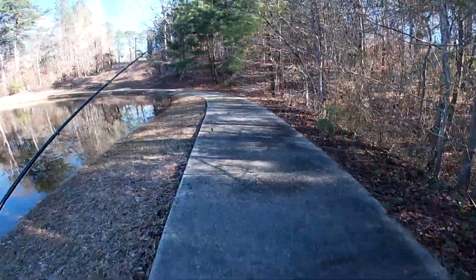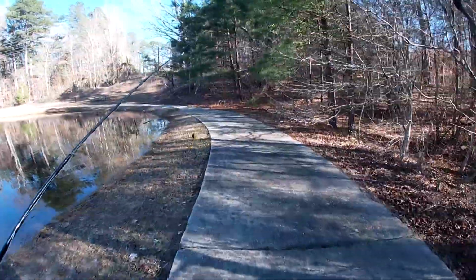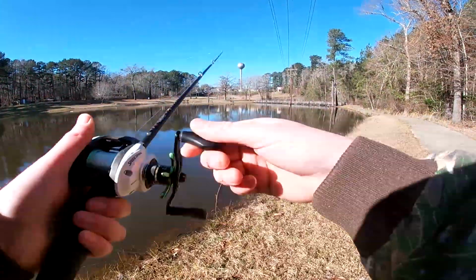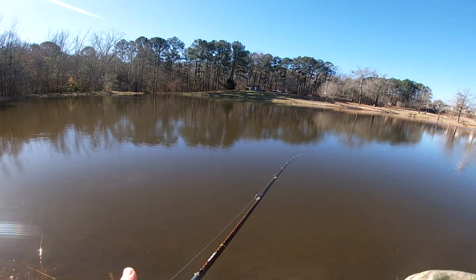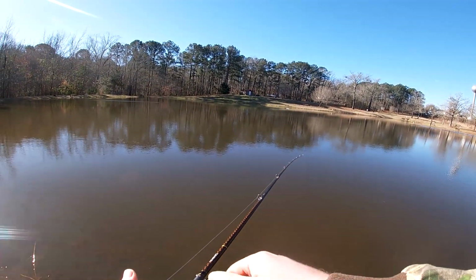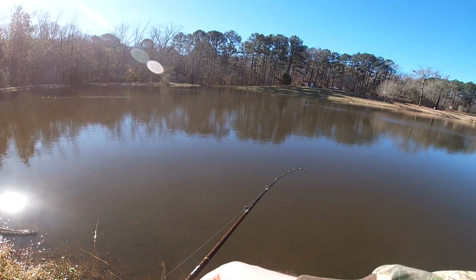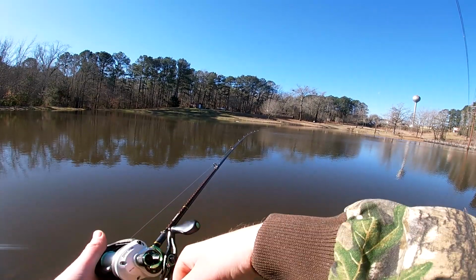I usually bring a little rag to dry my hands off with after I hold these guys because they're really slimy. Now my hand just feels gross. Well, it's good to know there's a few left in here anyway. Caught that guy kind of far out, so maybe they're kind of out in the middle of the pond. Ooh, I just had another bite. He came off the...